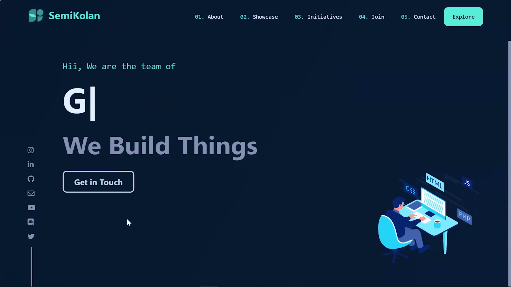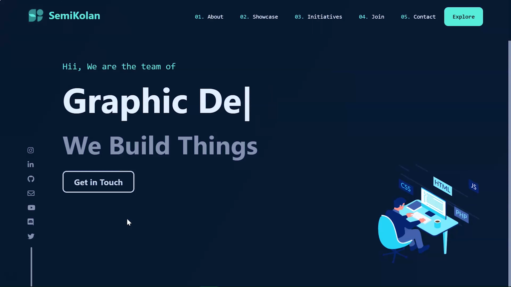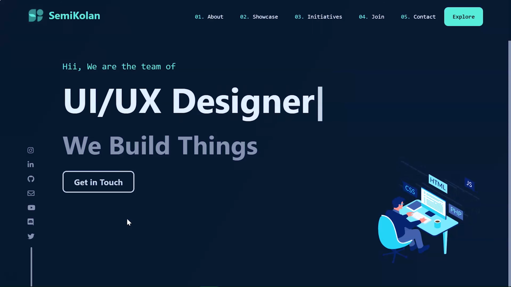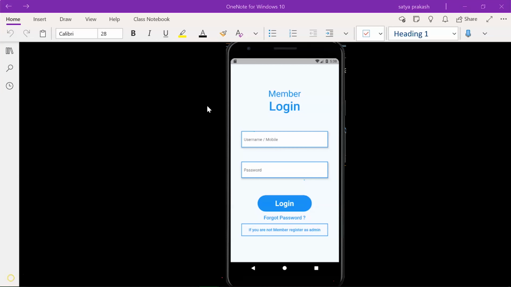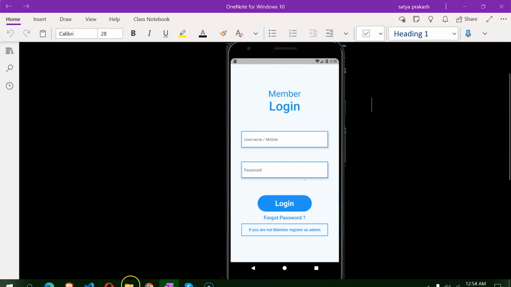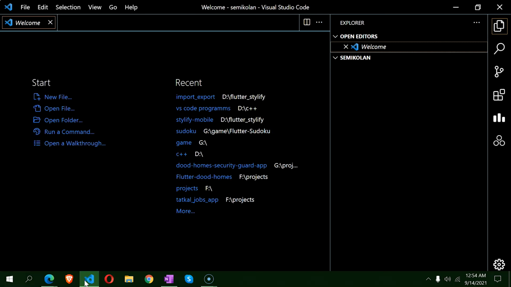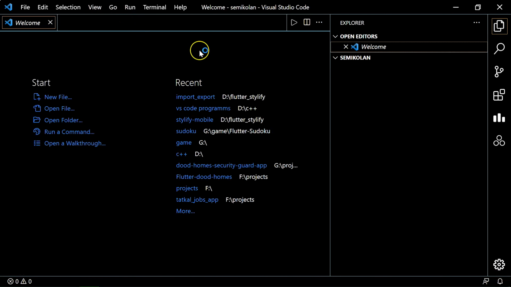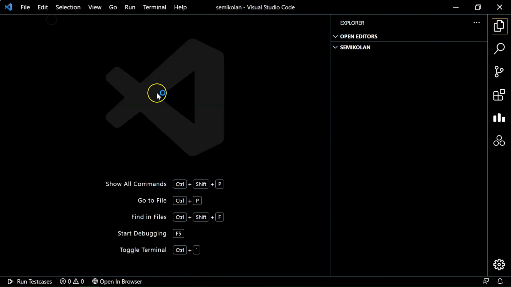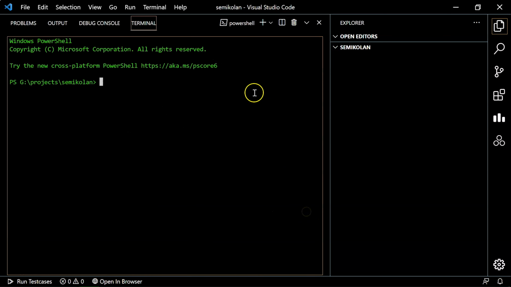Okay, so for this let's see which login form we are going to create. Okay, so this is a login form which we are going to create in Flutter. Okay, so for this let's move to our VS Code. Okay, then open terminal here and run command flutter create